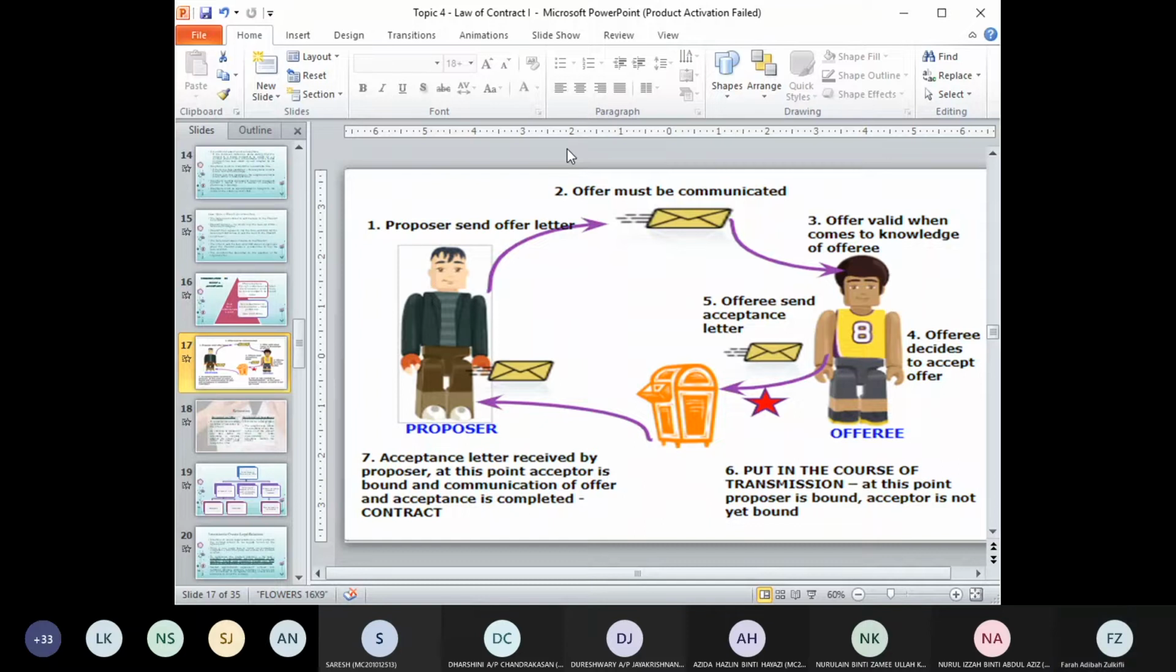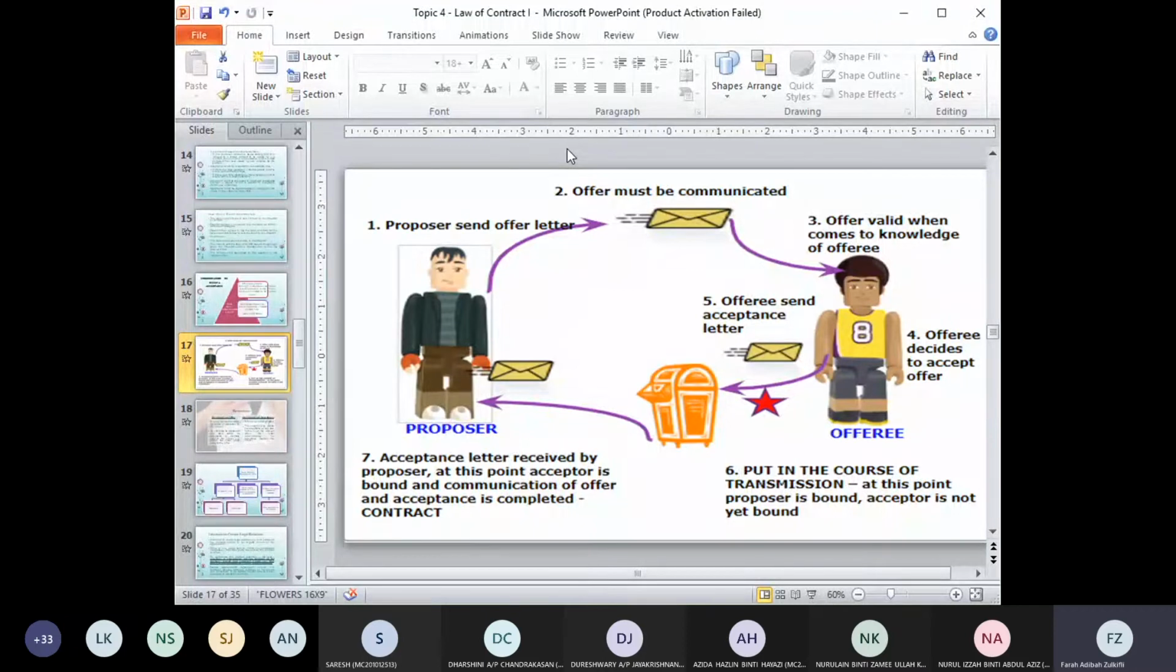The offeror is already bound by the acceptance. But I want to buy the product. I want to accept your offer. Once they put the letter inside the post box, the acceptance is already complete. I know this is a bit complicated, but that's why I said when it comes to postal rule, it is a bit